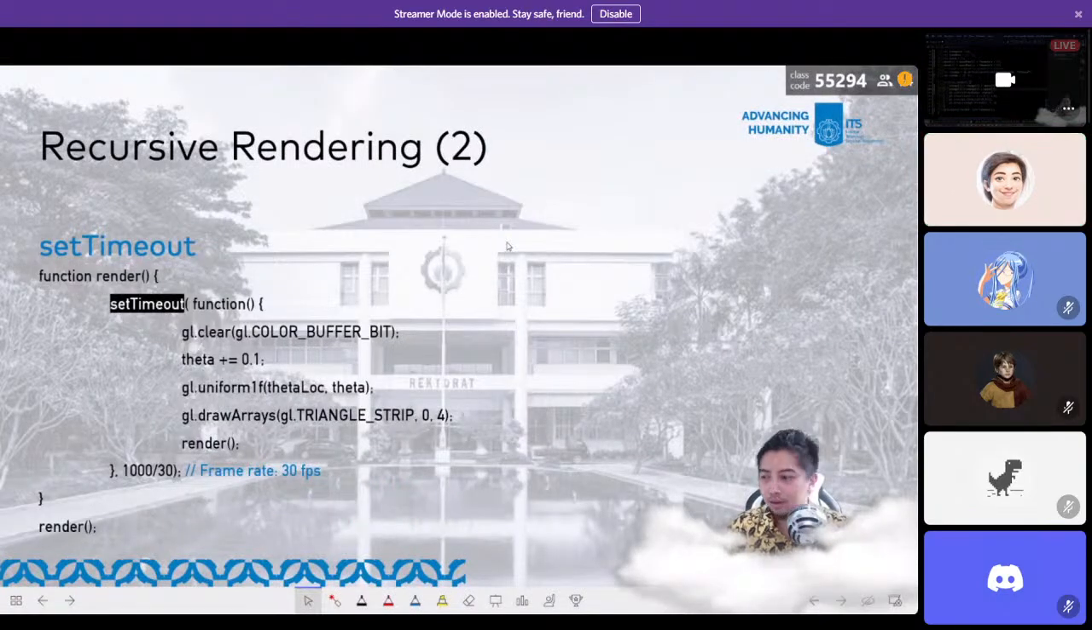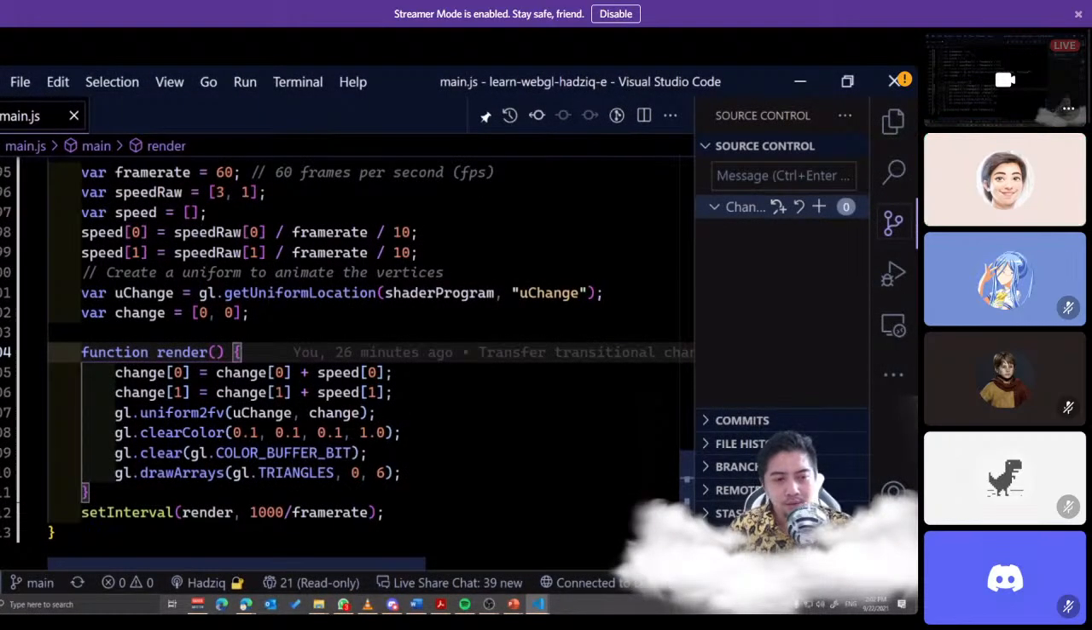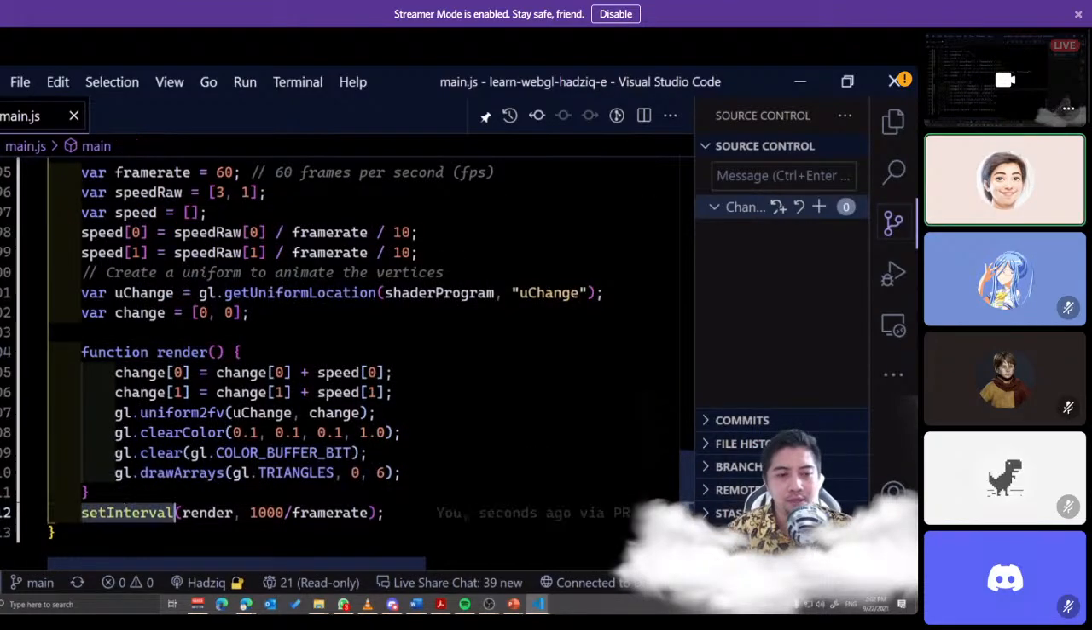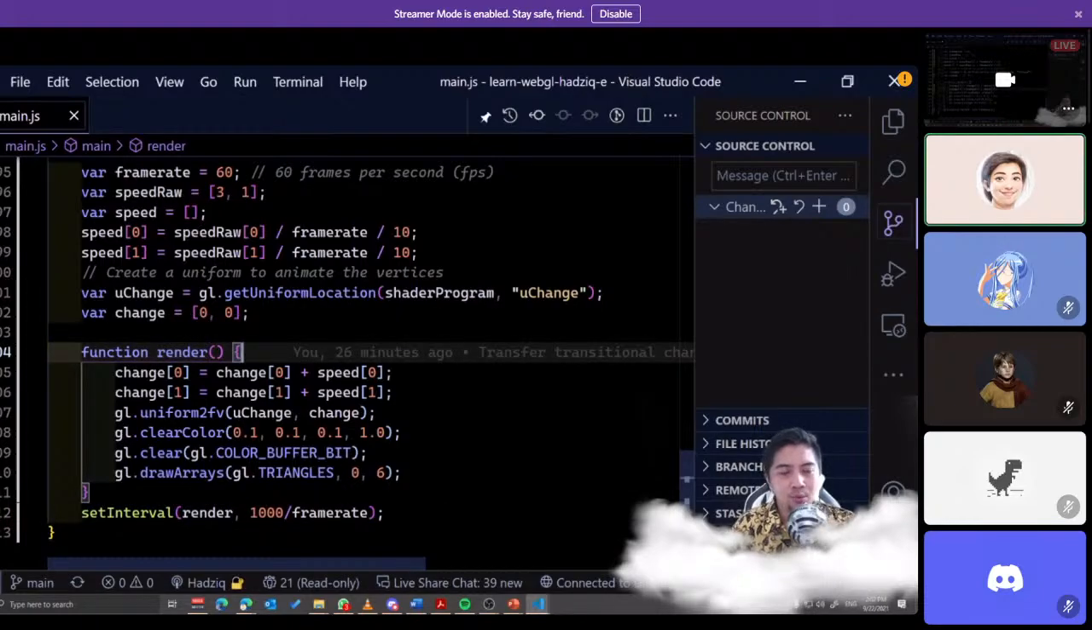The next way, the alternative to set interval, is set timeout. The way we locate the function is a bit different. The event loop function is kind of outside of the set timeout scope. In the case of set interval, it is at the same level as the render function definition. But in set timeout, we may need to